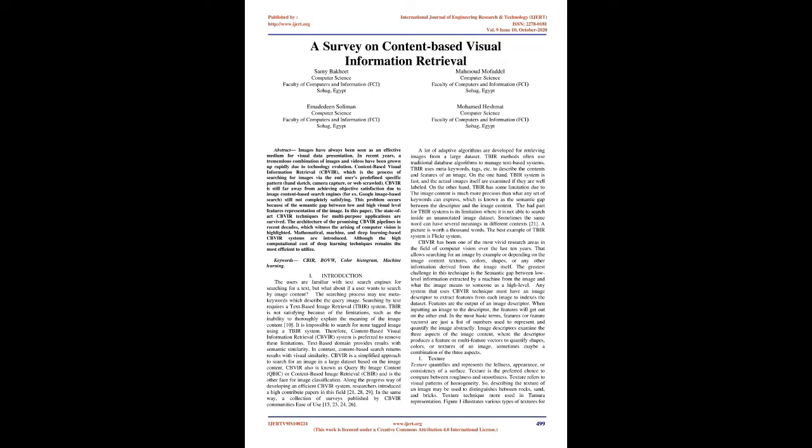Therefore, a content-based visual information retrieval, CBVIR, system is preferred to remove these limitations. The text-based domain provides results with semantic similarity. In contrast, content-based search returns results with visual similarity. CBVIR is a simplified approach to search for an image in a large dataset based on the image content. CBVIR is also known as query by image content, QBIC, or content-based image retrieval, CBIR, and is the other phase